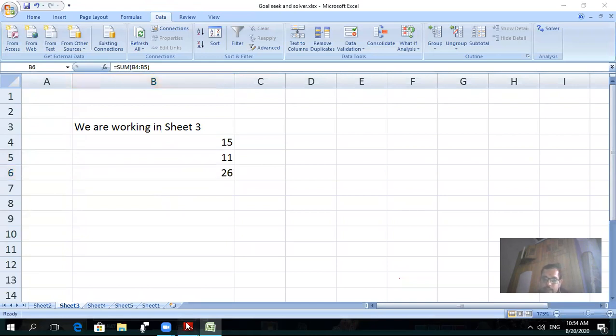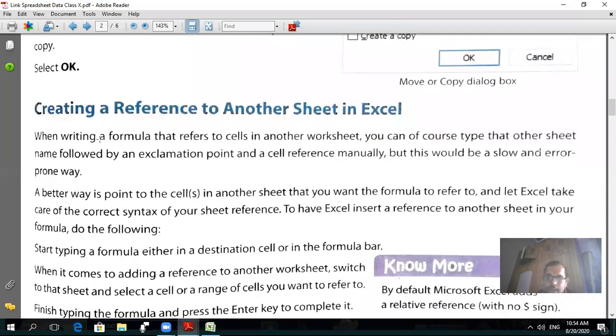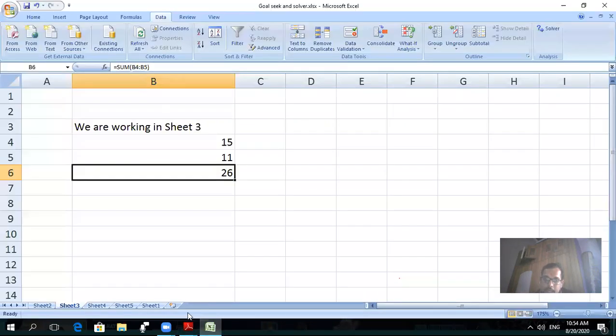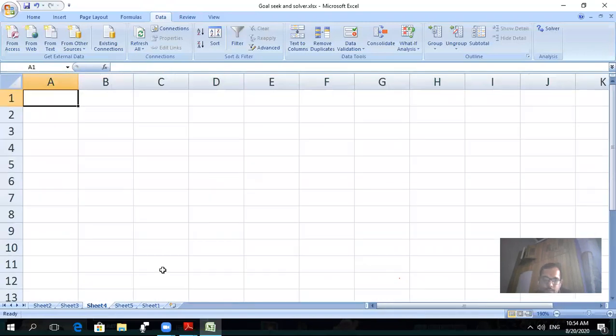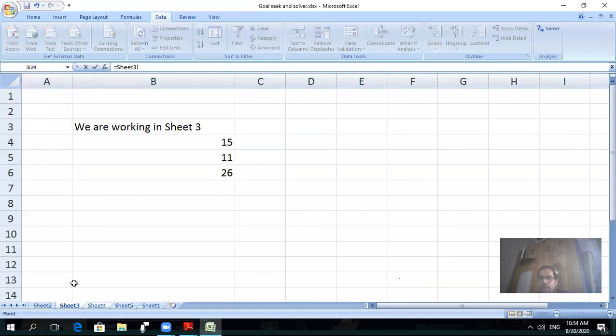One is a text type value, second is numeric, this is a calculation, and this calculation is done with the help of a function. Now the definition says that when you're writing a formula, then refer to cells in another worksheet. Another worksheet means I want to refer to these values here in this sheet. अब मुझे sheet 4 में ये values लानी है. जो values मैंने sheet 3 में लिखी हैं वो सारी value sheet 4 में आ जाए. How will it be possible? For that you have to write the equal sign. Only the equal sign you have to write.